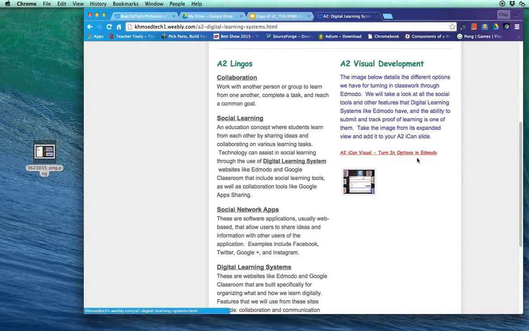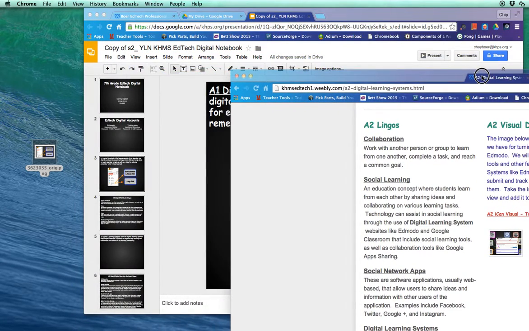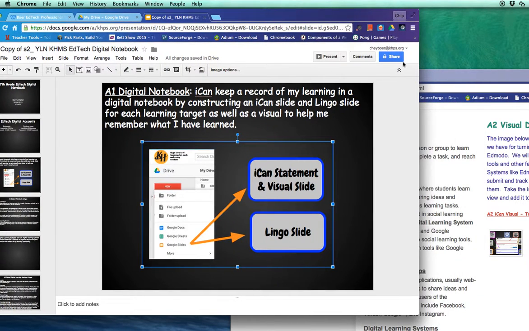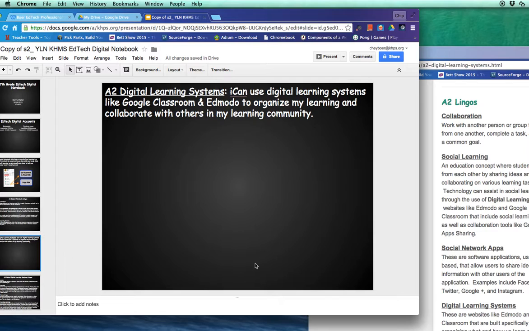And we're going to go through the same process. But now I'm going to take this and pull this tab off and make a new window here. We'll talk more about windows later on. Okay. And if I go down to A2 now, remember A2 is using digital learning systems like Google Classroom and